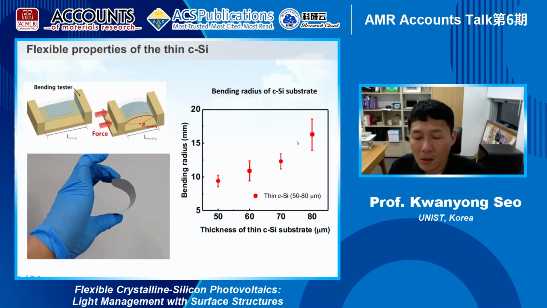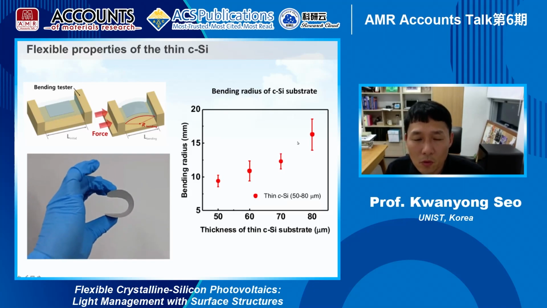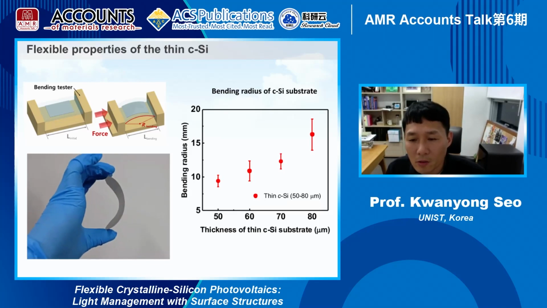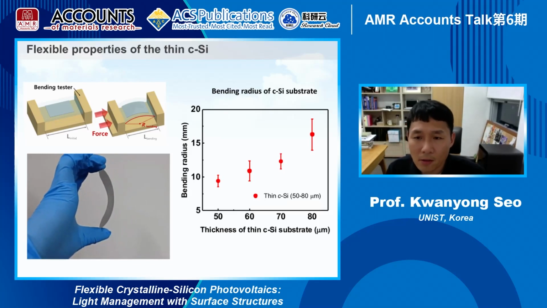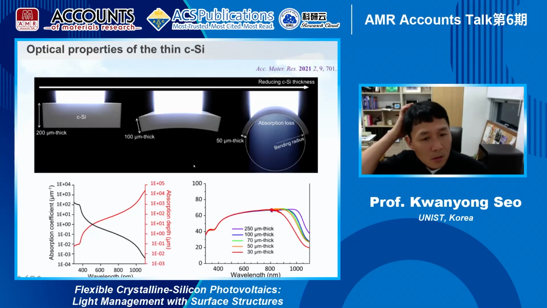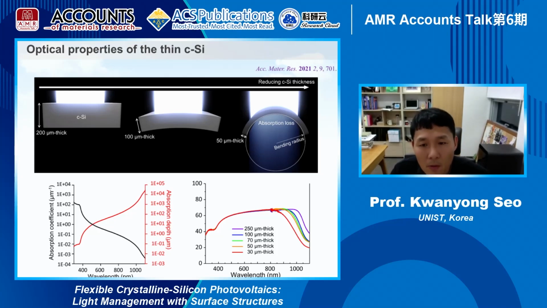Bending radius is the key terminology we use for testing the flexible property of materials. The smaller bending radius indicates better flexibility. So we know that if we decrease the crystalline silicon thickness, we can have better flexibility,